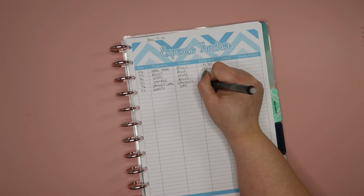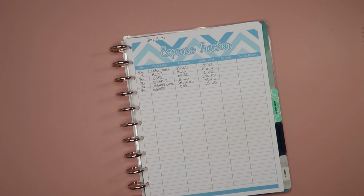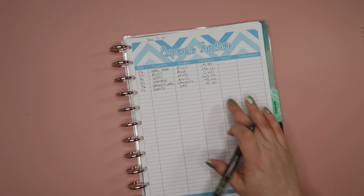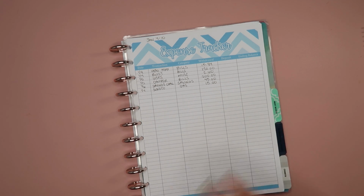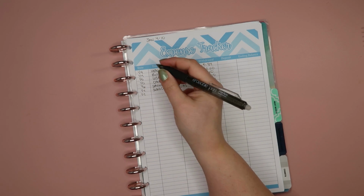So we just put $15 in it to get us through the day and make sure we didn't run out of gas. And then we went later on in the week to Walmart and filled up. Okay. So also on the 7th, I had my Blue Apron